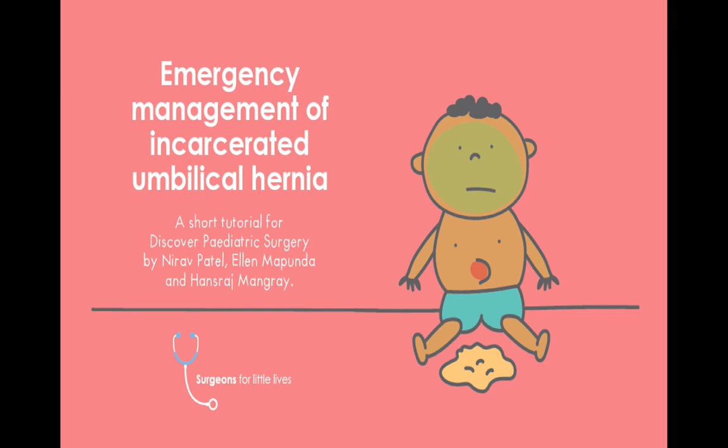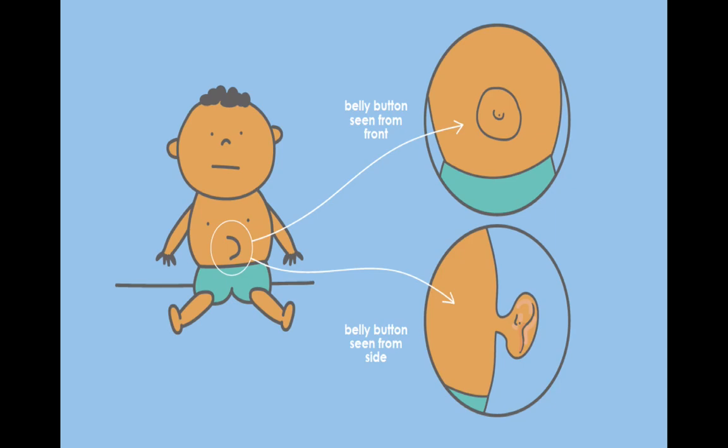Emergency Management of Incarcerated Umbilical Hernia, a short tutorial for Discover Pediatric Surgery by Nirav Patel, Ellen Mapunda, and Hansraj Mangre. Umbilical hernias are the most common congenital abdominal wall disorder and are found in up to 25% of children